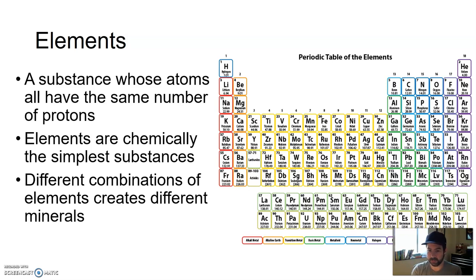However, when we're looking at these 118 plus elements or so, there's really only a handful that are most common in Earth's crust. For the most part, with the exception of some of the rare earth elements, you can find all of these in the Earth's crust. I think from number 1, hydrogen, all the way to,